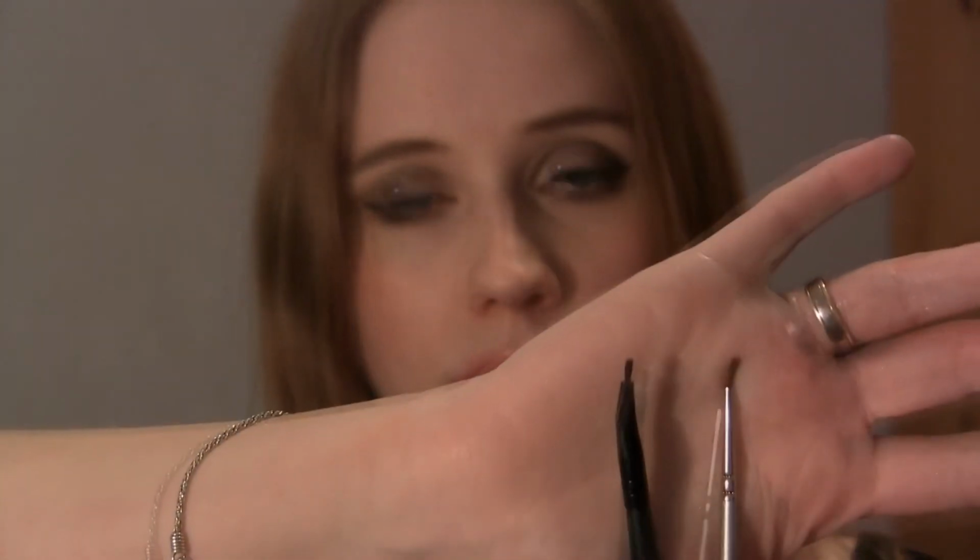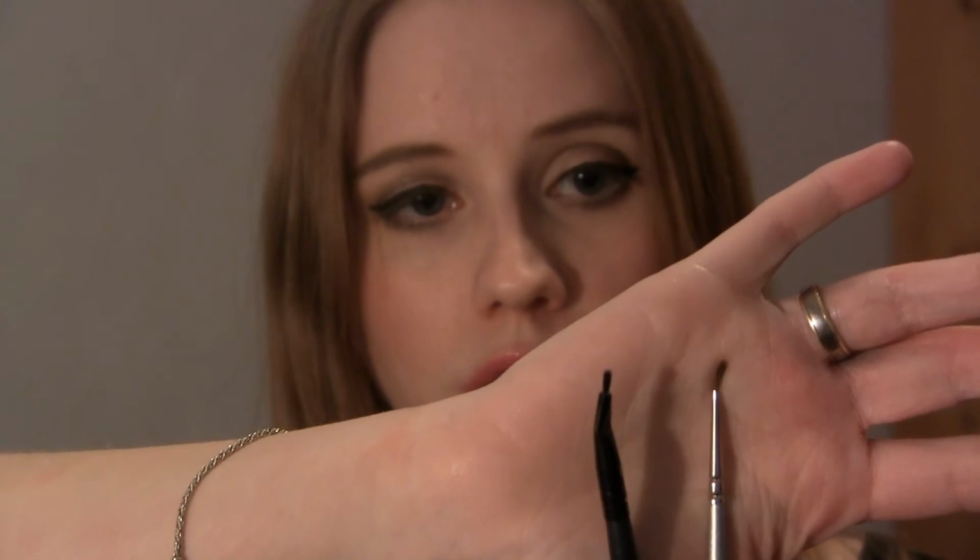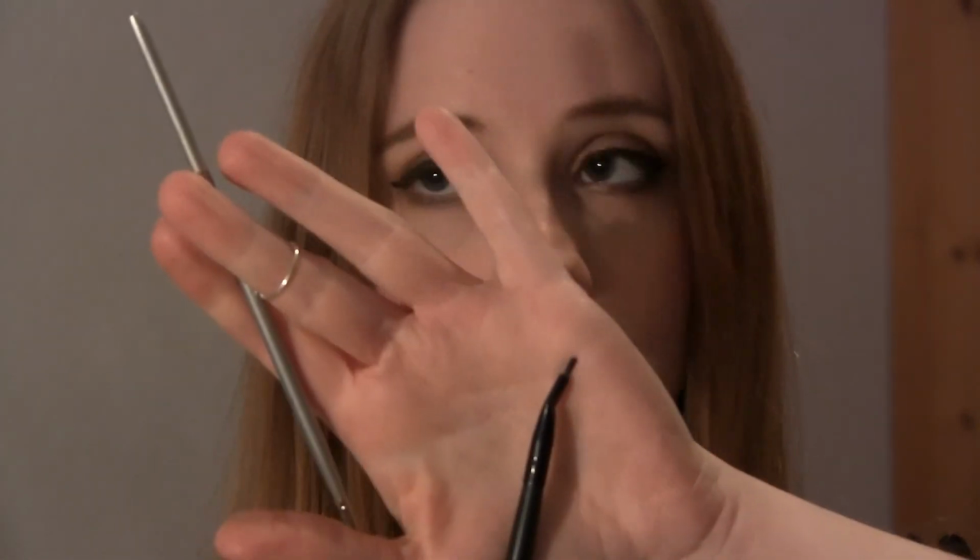For a gel liner, I would suggest you use a smaller, more fine brush like maybe the e.l.f. angled eyeliner brush, which is really nice for beginners, or Kryolan Professional 3501 liner brush. Also, if you don't feel like trying out liners, you can always just use your eyeshadows and just